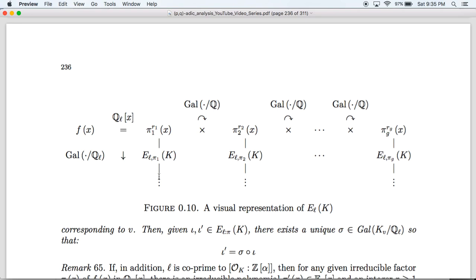So Q5 contains primitive 4th roots of unity. Q7 contains a primitive 6th root of unity. Q11 contains a primitive 10th root of unity, and so on. It's an if and only if. A primitive nth root of unity is contained in Qp if and only if p is congruent to 1 mod n. And so in that respect, if I give you a number field K,